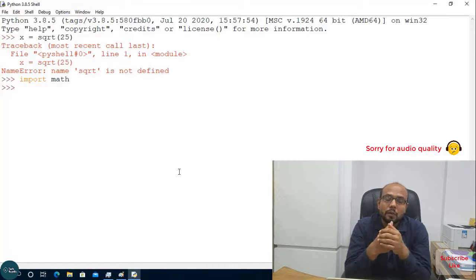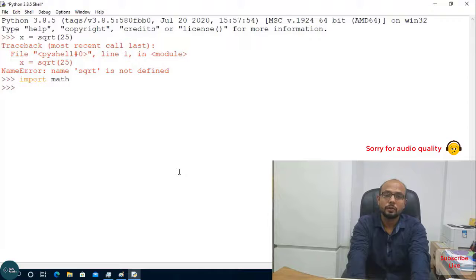In the math module, we have a lot of math functions. In mathematics, we can do square root, fraction, or something like that. And when we want to use those functions in our program, then we have to import the math module to use those functions. So now we can say x equal to